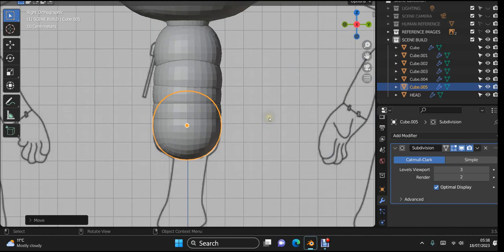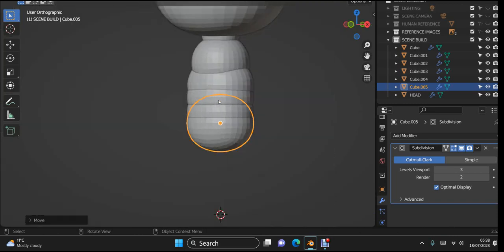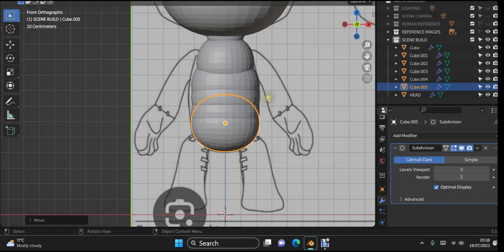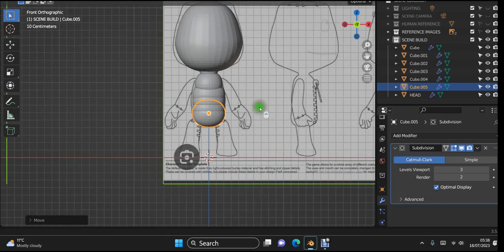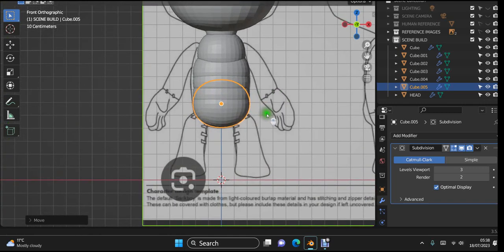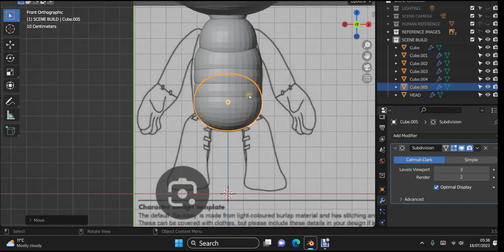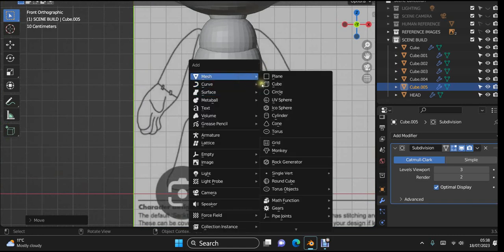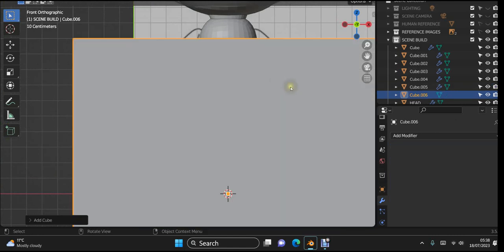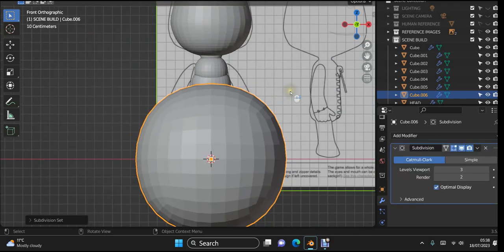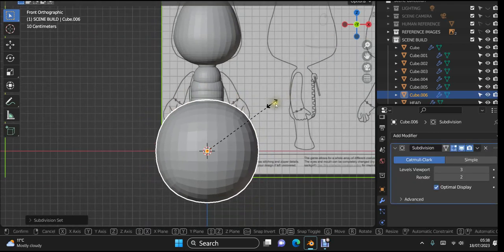Let's go to 3. And like I said, I'll shape this more when I come to do the actual modelling, because this is just getting a rough block out at the minute. Now I'm going to bring in his arms. So I'll do another Shift A and bring in another cube and do a Control 3, subdivide it, scale that down